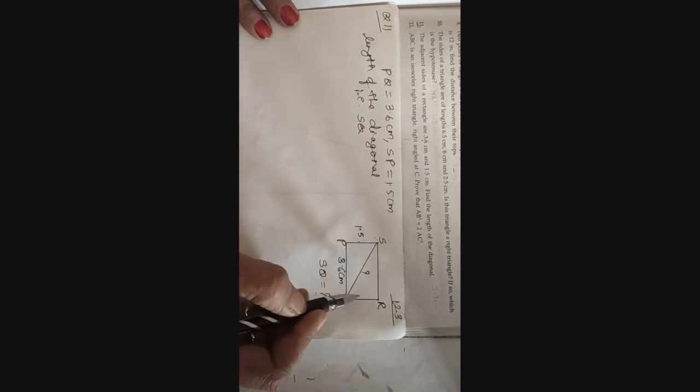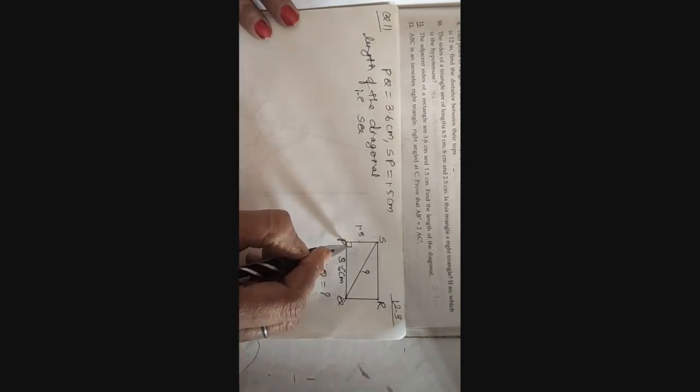And now you know in a rectangle all the angles are 90 degree. So if this is 90 degree, now it's a right angle triangle, and you have to use Pythagoras theorem again. According to Pythagoras, this is your hypotenuse. This is 90 degree, the side opposite to 90 is hypotenuse. So square of hypotenuse is equal to sum of the squares of these two sides. Put the values, simplify. 1.5 square is 2.25, 3.6 square is 12.96.